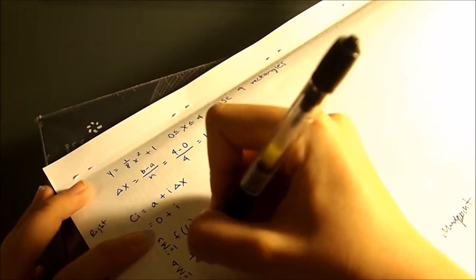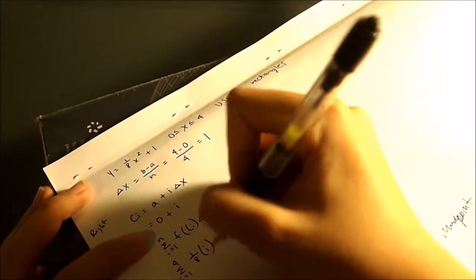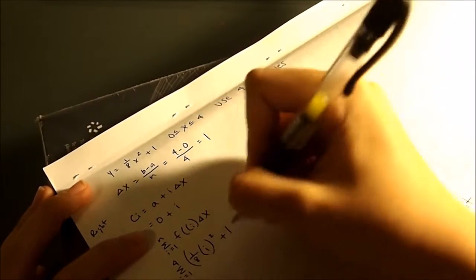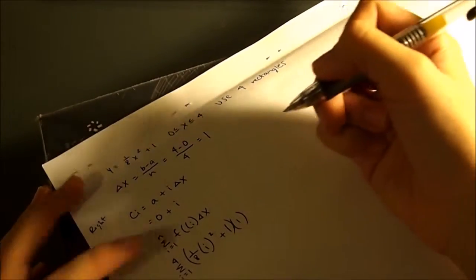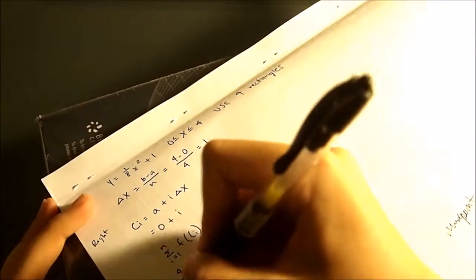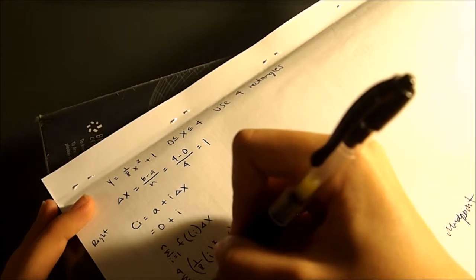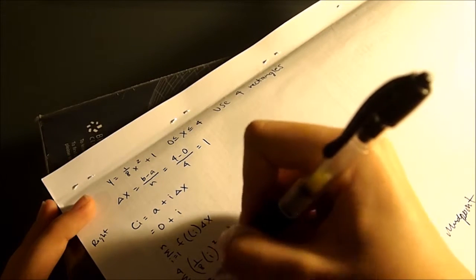So you get 1/8 i squared plus 1, times 1. So then you're going to get the sum from i equals 1 to 4 of i squared over 8